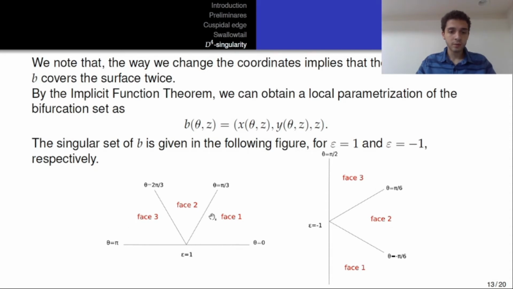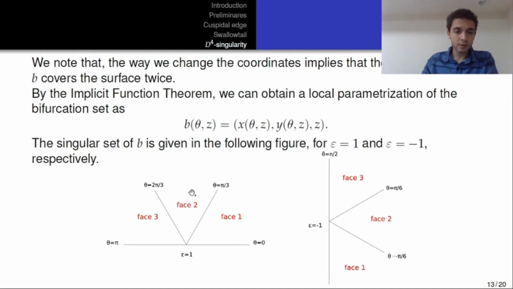Why did I put only half of the circle? The reason is this: since the curves cover the surface twice, I won't need to study this part, because the other part is the same thing, right? And for epsilon minus 1, I can study only this half of the circle, and the singular set is this curve in black, right? Moreover,